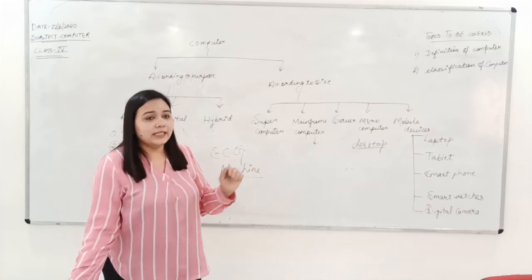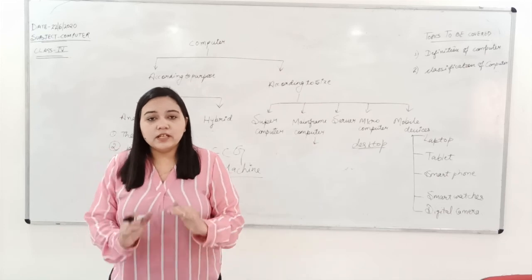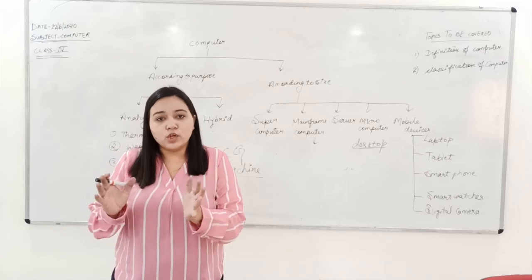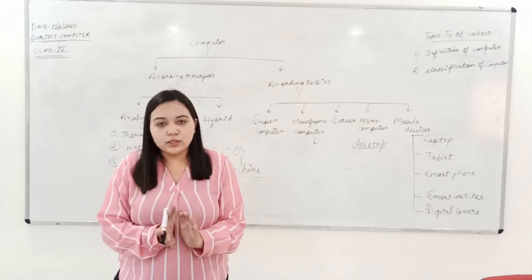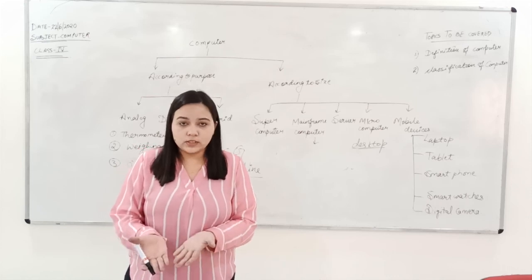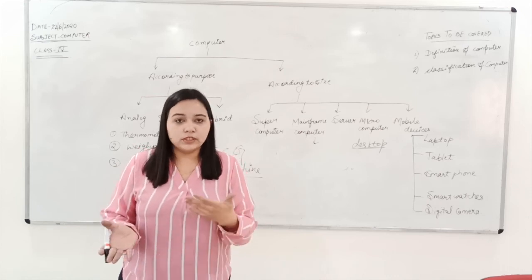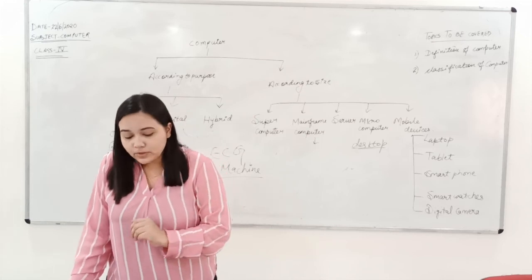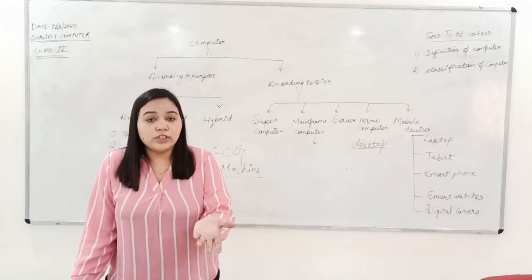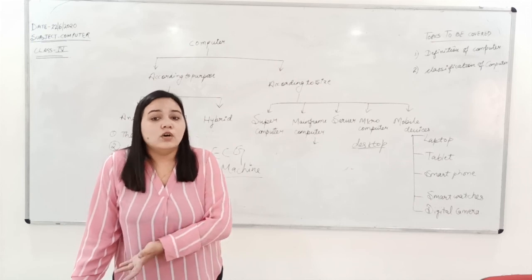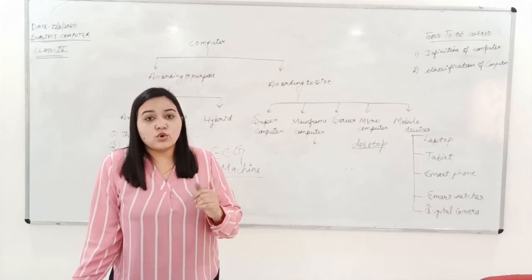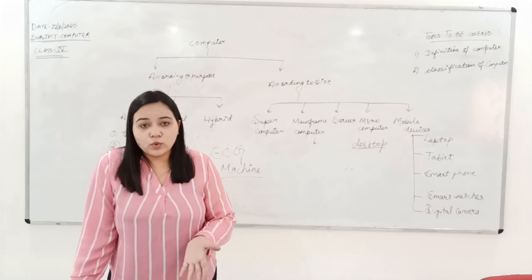Then comes the tablet. Tablet is a little bigger than a mobile phone and a little smaller than a laptop. Laptop से छोटा और mobile phone से बड़ा एक tablet होता है, which is very similar to your computers. It will do all the tasks for you that you need to do on a computer. Okay. Then comes the smartphone, which you are already holding in your hand right now, or you might be having it at your home. So that's a smartphone, which is also the smallest computer you have.